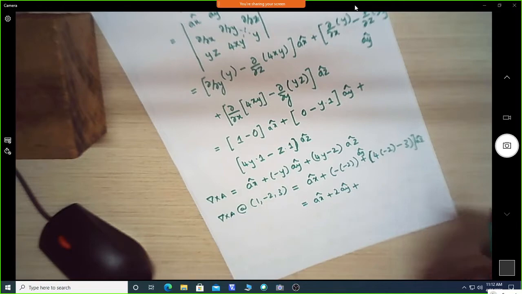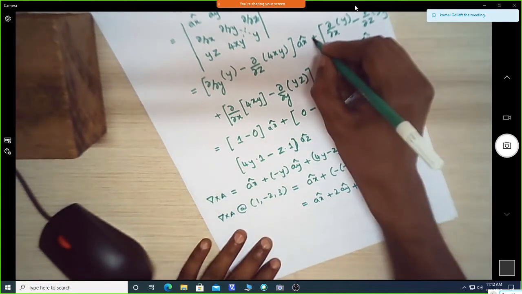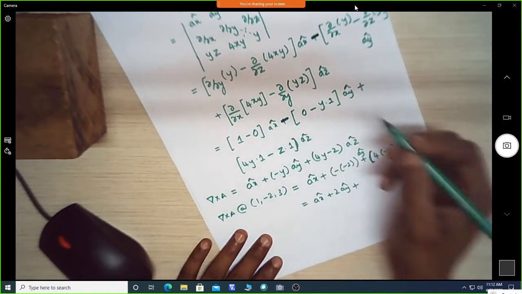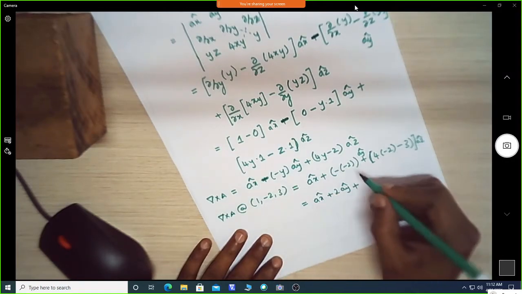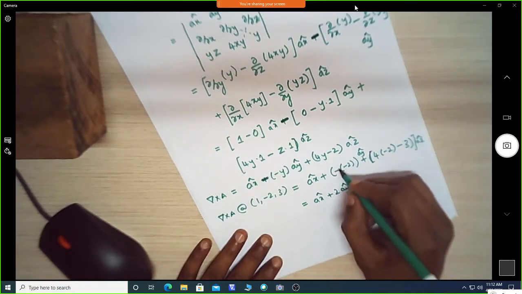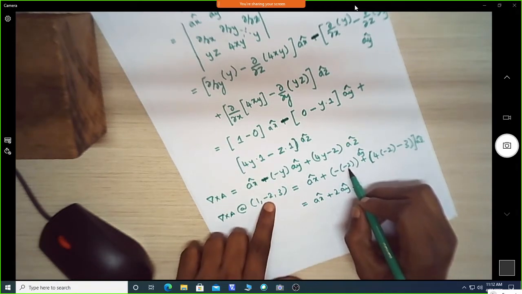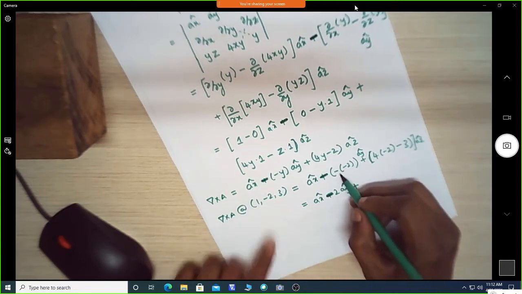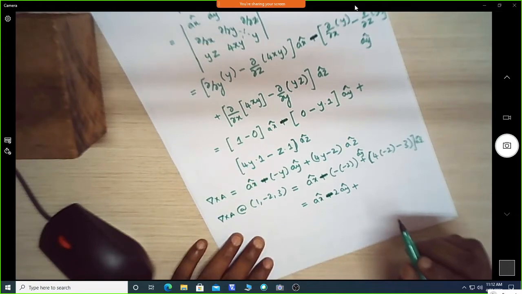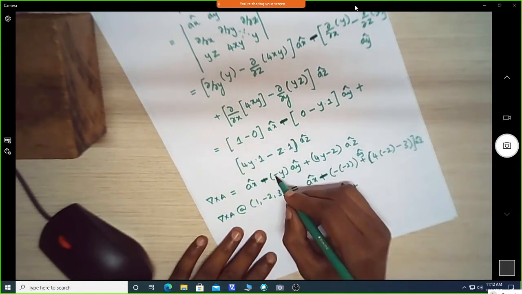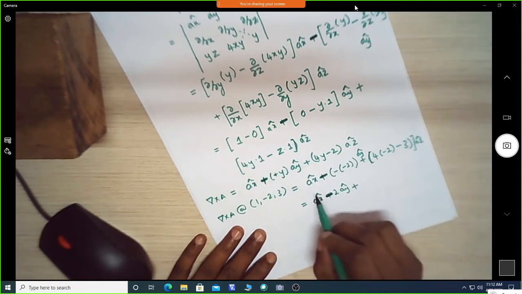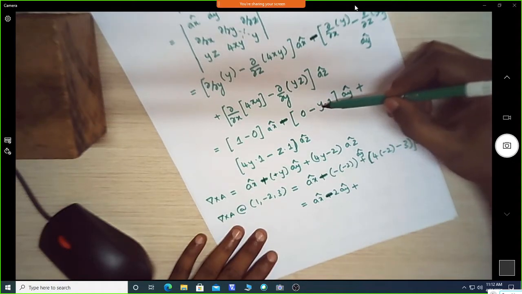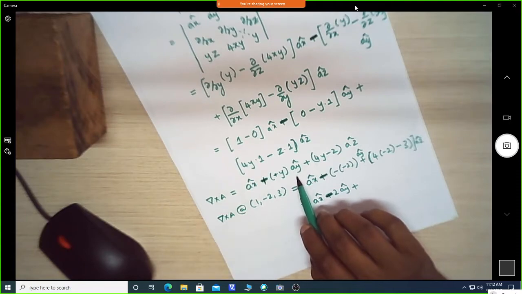Sir, the ay coefficient is minus. Yes, so here, sir, minus ay. It is minus here. Okay, so this is minus and you will get this one as minus and this one as plus. So the y component is minus 2 minus of, again it will become minus. Minus of minus will become plus, and this is plus ay into ay.